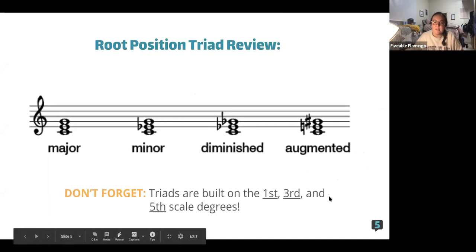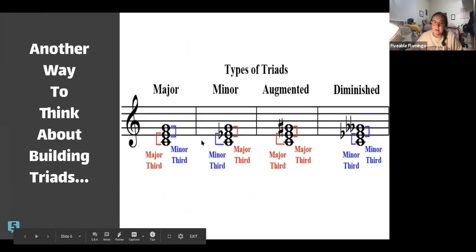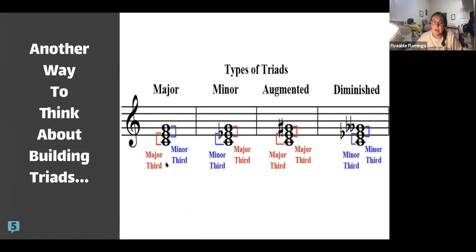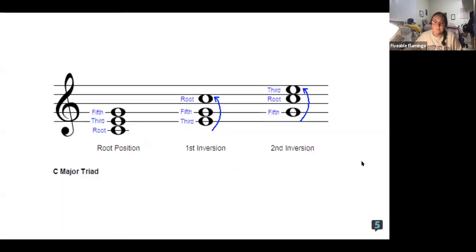So we went over this last week, that triads are built on the first, third, and fifth scale degrees. I like this better to show you guys that a major triad is built off a major third and a minor third. Minor triad is built off a minor third and a major third. Augmented, both major thirds, and then diminished is built off of both minor thirds. So when we're thinking about inversions, we're still using scale degrees 1, 3, and 5. They just go into a different order. So this is your C major triad, and here we have root position, which is what we've been